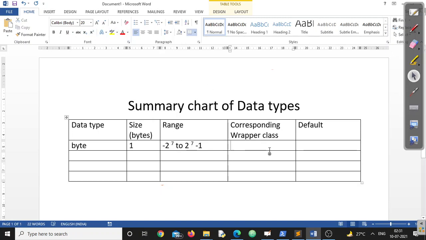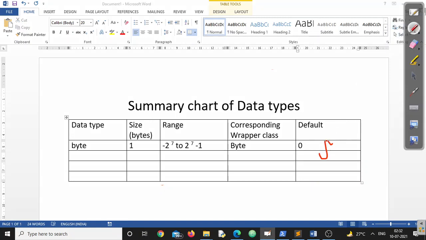Right? And what is the wrapper class for byte? The wrapper class is Byte. What is the default value? That is 0. What exactly is the default value? If we are declaring a byte variable and we are not initializing it, except for a local variable, all the time, when I declare a byte variable, it may be static or an instance variable. In both cases, the value will be assigned 0 by default, and this value will be assigned by your JVM. Remember this point.